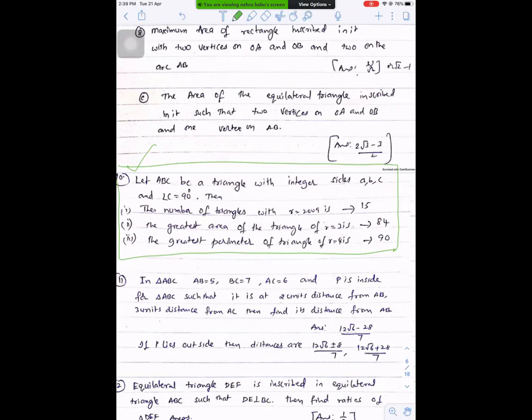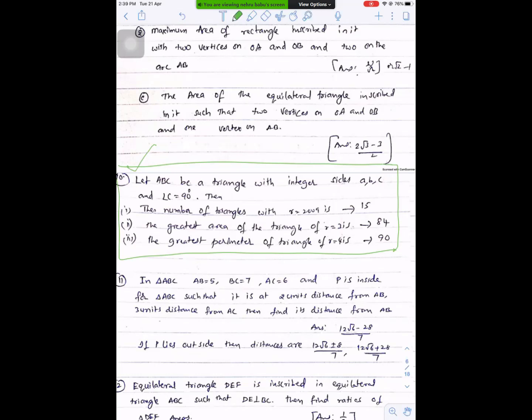Every time, a Pythagorean triplet always makes a right angle triangle, no doubt about that. But every right angle triangle's sides need not be a Pythagorean triplet. Pythagorean triplet, yes. The converse is not true. Yes, in class we got one equation for the general case, sir: a minus r into b minus r equal to 2r square. Sir, we should not take Pythagorean triplet. No, don't take.